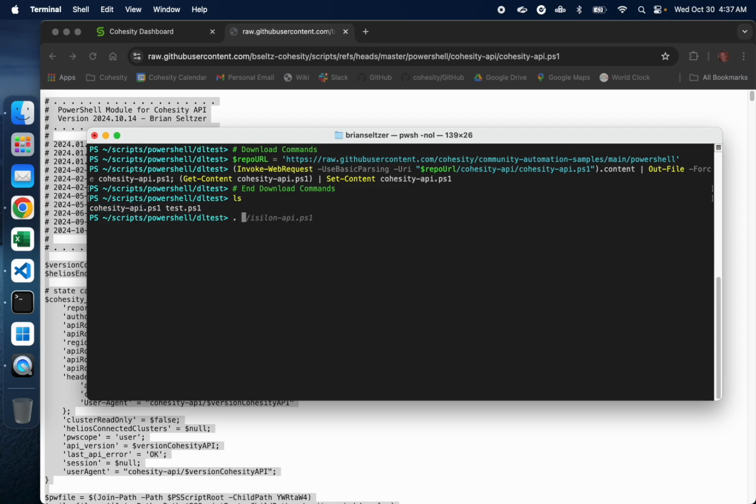Once you have that file, you can dot source it, right? You can say dot space dot slash cohesity-api.ps1. That brings the functions inside that file into the current session of PowerShell. So now I can use the functions that are in there. So there's a couple of functions,